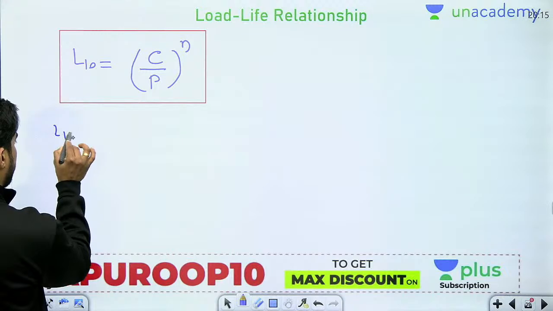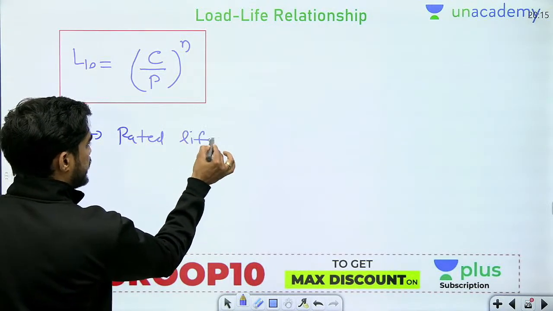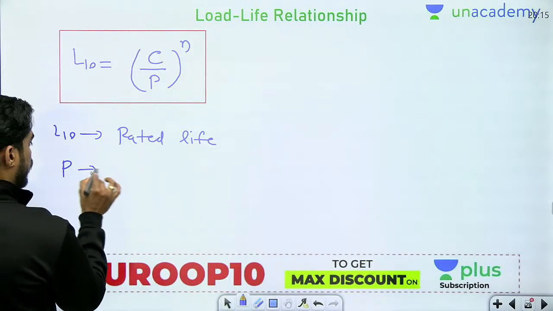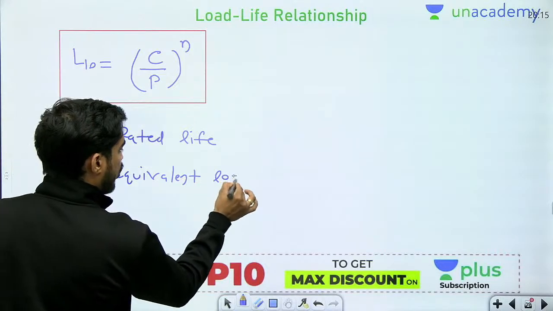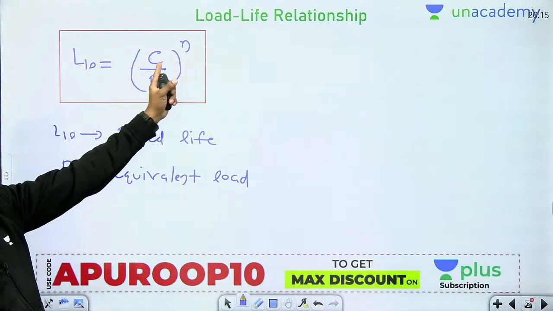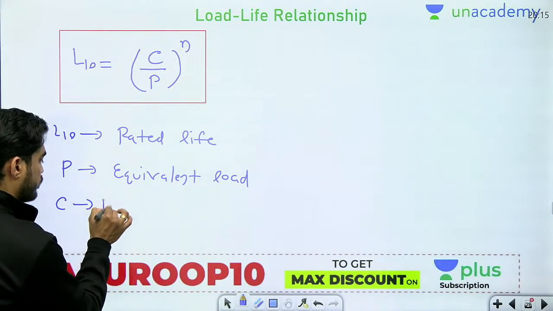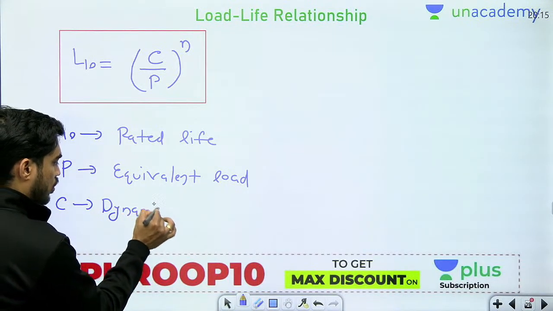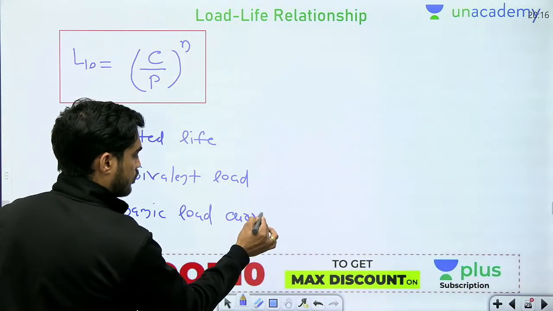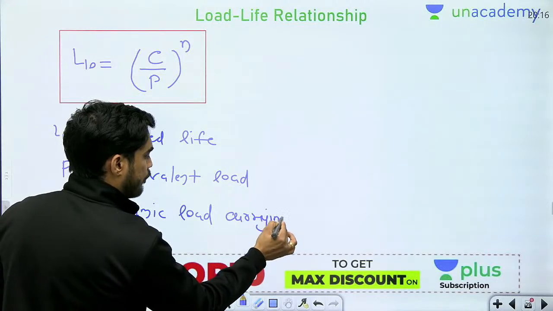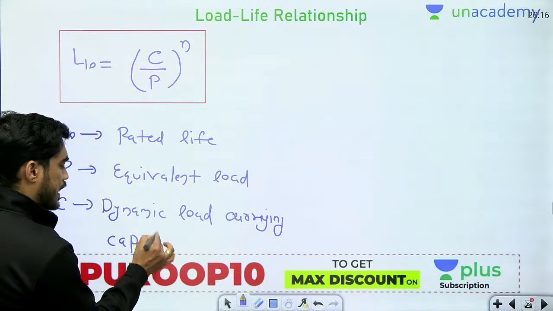L10 is rated life, P is the equivalent load. But what is C and n? So understand, C is the dynamic load carrying capacity. I will give you the definition later, what is dynamic load carrying capacity, but understand that